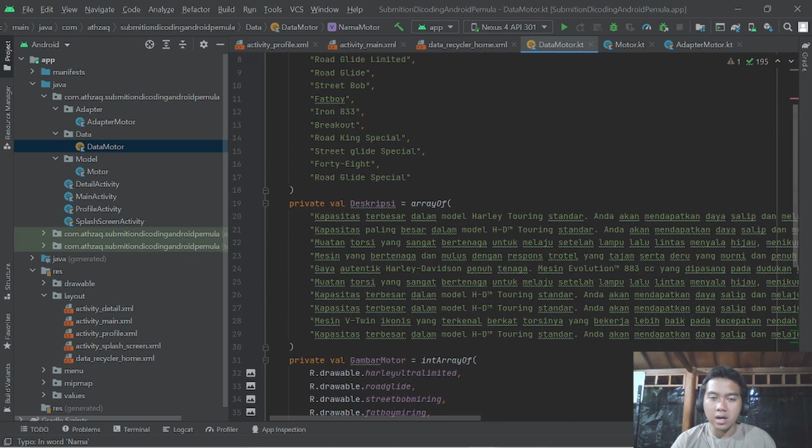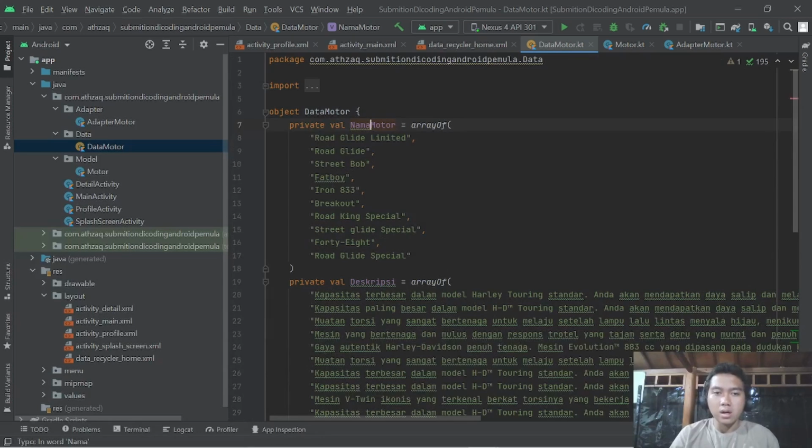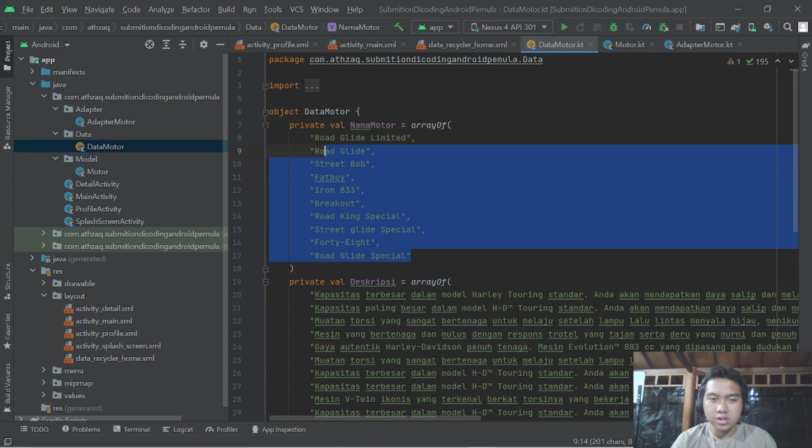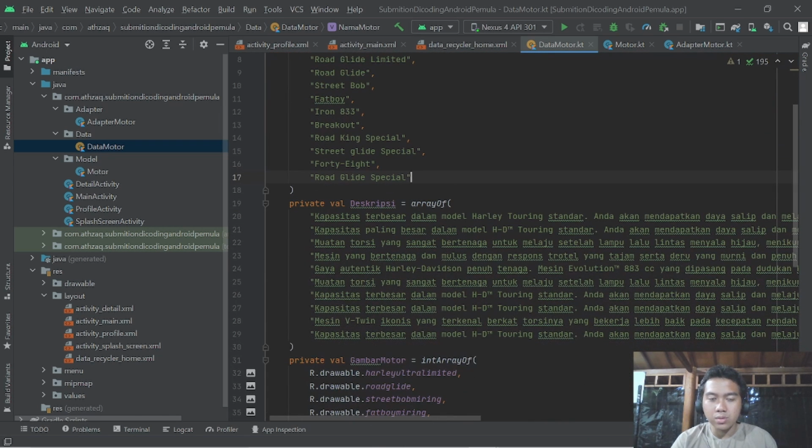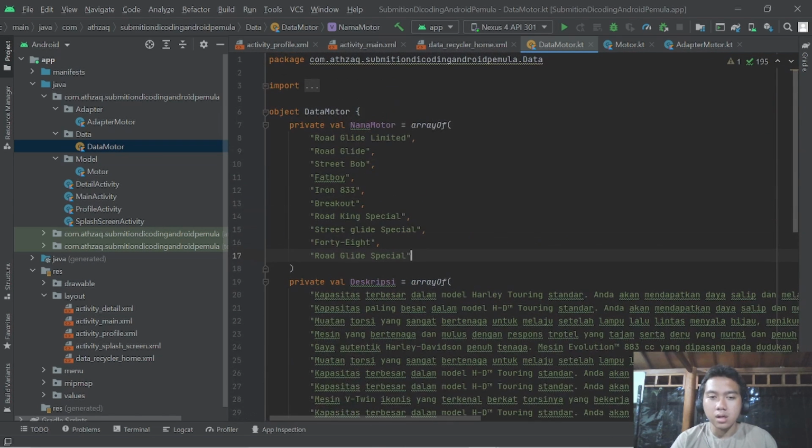I just add 3, and in this object, this data is not identified. It's just data, it doesn't have a name. So if you want to identify it, you have to